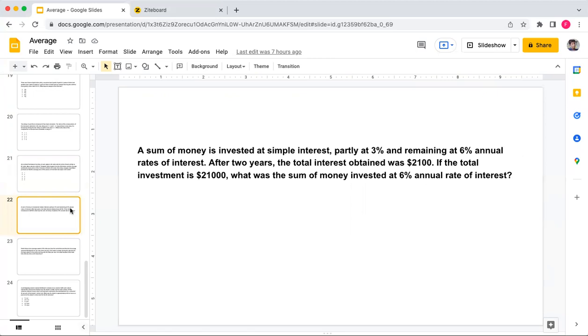We are given that a sum of money is invested in two accounts. One has 3% annual interest rate and other one is 6%. And after 2 years, the interest obtained is 2,100. And if the person invested 21,000, the question is saying at 6% rate of interest, what amount is invested, right? One way is to solve this question using the formula. The other way is,